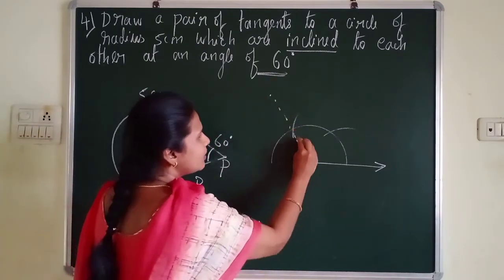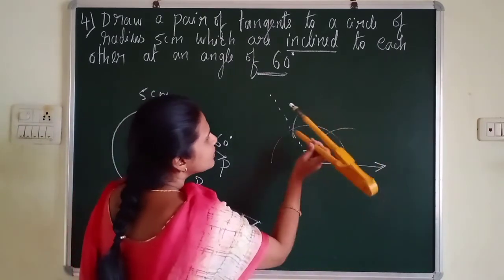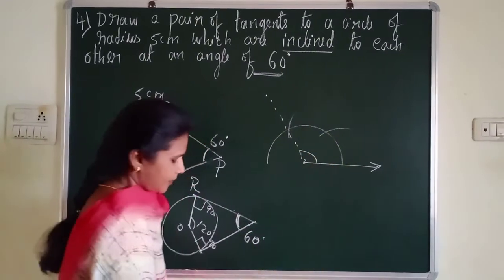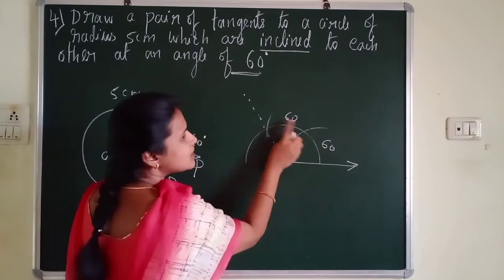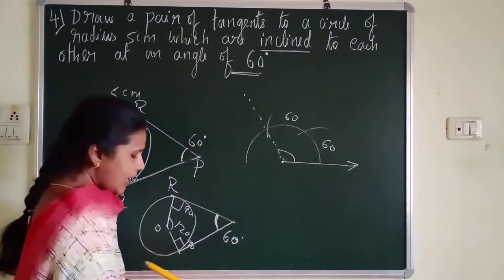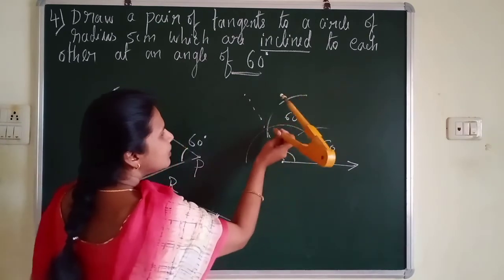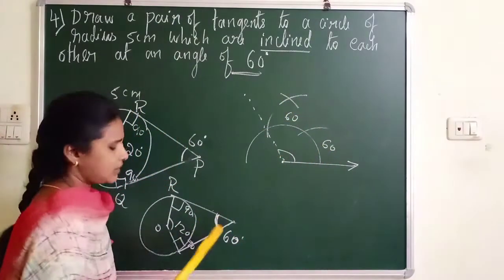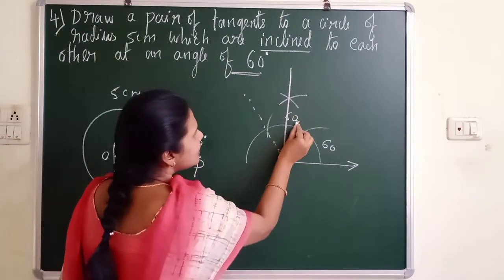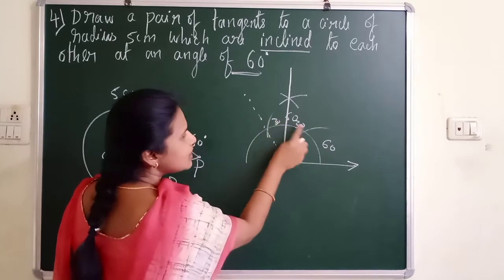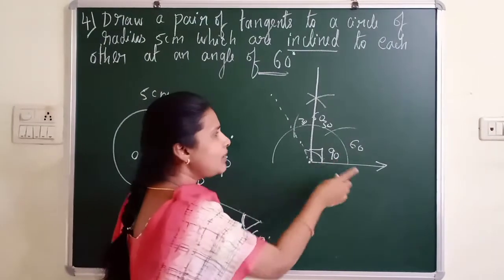This is 120 and I should draw 90 also. So how to draw 90? So this is 60, 120. This is 60 and this is also 60. You know that 60 plus 30 is 90. So what I have to do? I have to break this 60 into 2 parts. It becomes 30, 30. So when you break, you can see this is 30 and this is 30. Now you can see 60 plus 30 becomes 90. So this is how you construct 120 and 90.